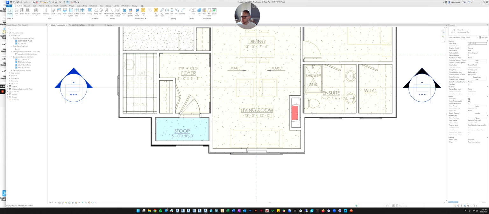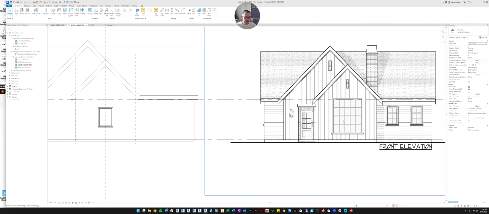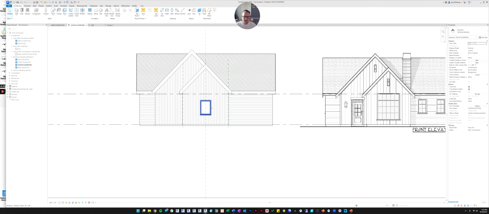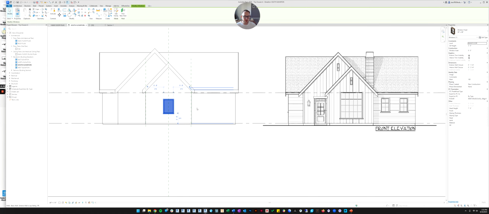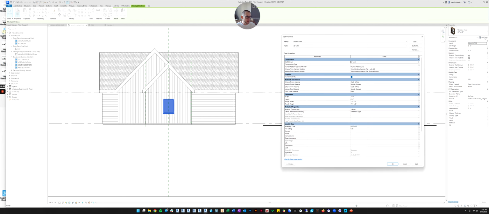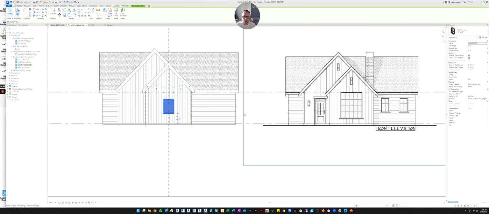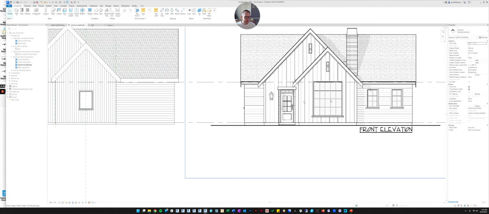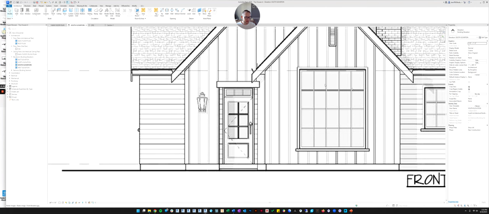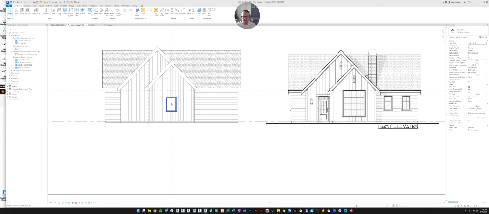And we'll just put one in the front. So if you look at the south elevation, you can see that window isn't near big enough. So how would we get it bigger? Well, maybe in the type parameters, you can see there's a width and height. So we could edit this window to be big enough for the front, but then it doesn't have the mullions in it or the muntins in it to make it look designy.